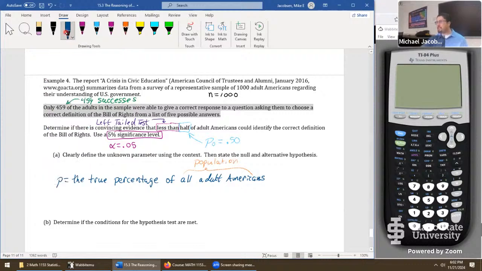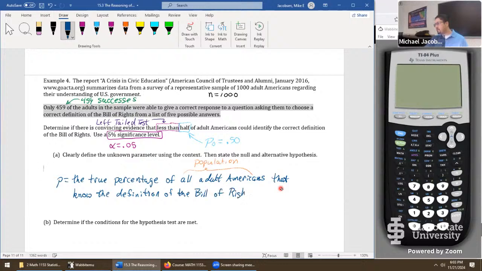And we can write out exactly what they said here, able to give a correct response to a question asking them to choose a correct definition of the Bill of Rights from a list of 5 possible answers. There's no harm in doing that, but if you paraphrase in a way that still captures that information, that's always just fine. Let's paraphrase on this one and say, true percentage of all adult Americans that know the definition of the Bill